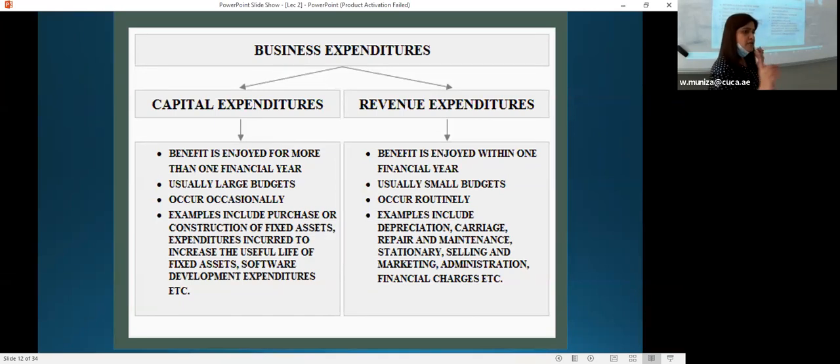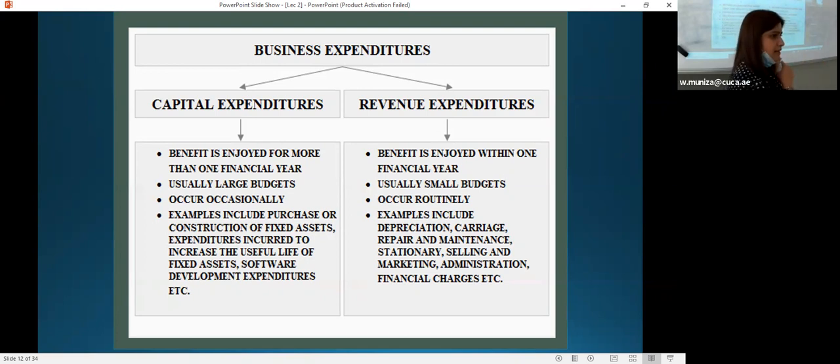All those expenditures which are non-routine in nature, which are not incurred on the day-to-day basis of the business, are known as capital expenditures. All of the expenditures which you are making to purchase a non-current asset or to enhance the performance of a non-current asset are known as capital expenditures. I repeat, all those expenditures which you are doing to purchase a non-current asset or to improve its performance are